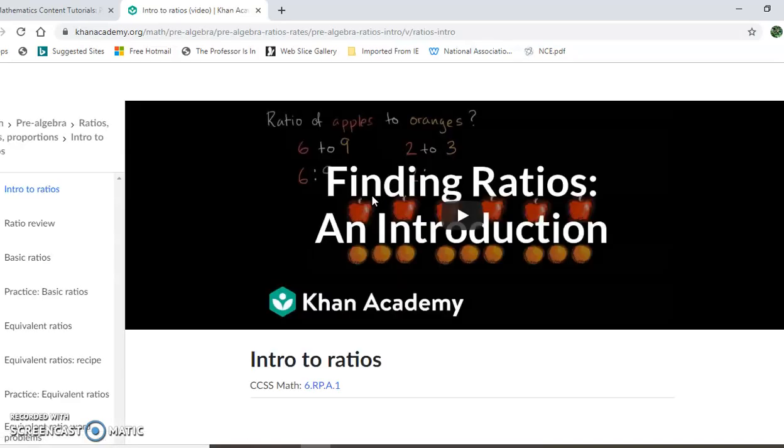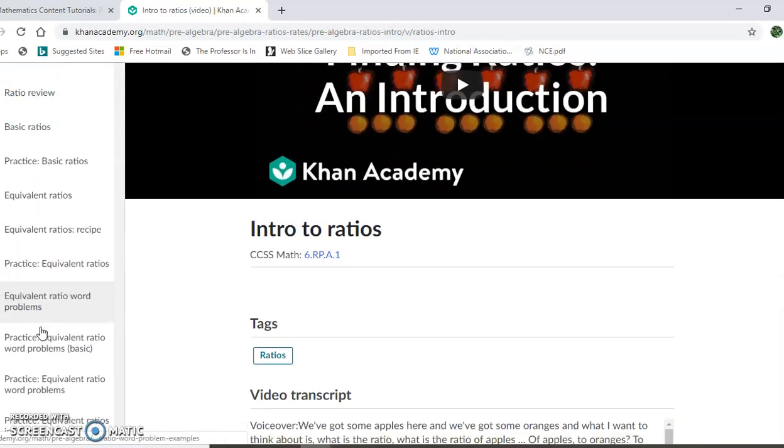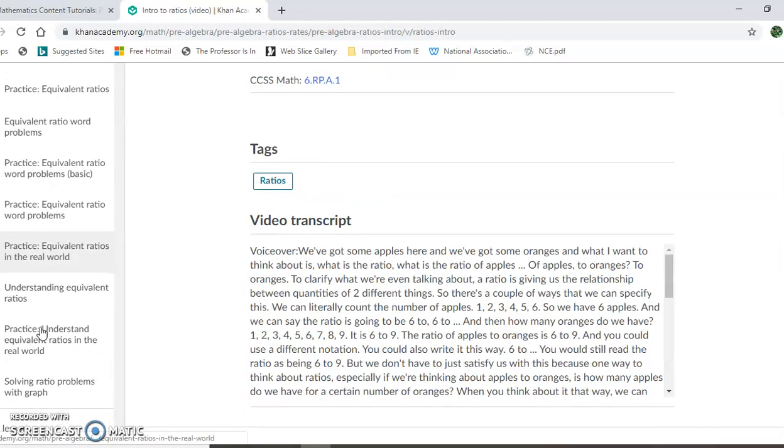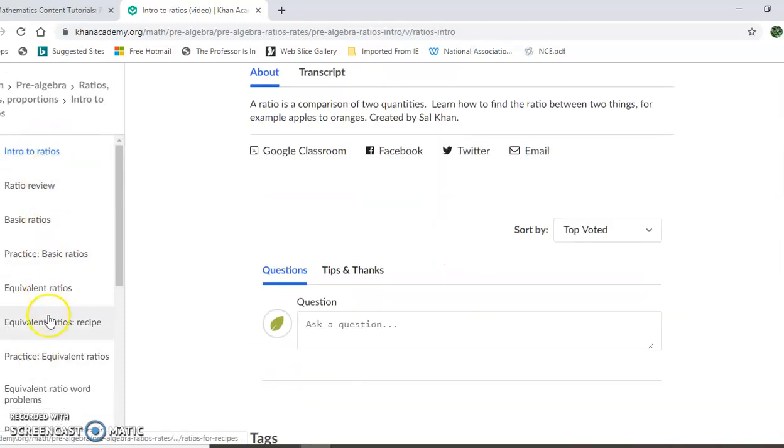So this is what it's going to look like. You're going to be given a tutorial, so you're going to have somebody who's going to actually teach you a little bit about ratios. And then there's going to be other things along the side to help guide you through this particular module. I do encourage you to do as many of these areas on the left side as you can, especially in those areas that you need to focus in on.